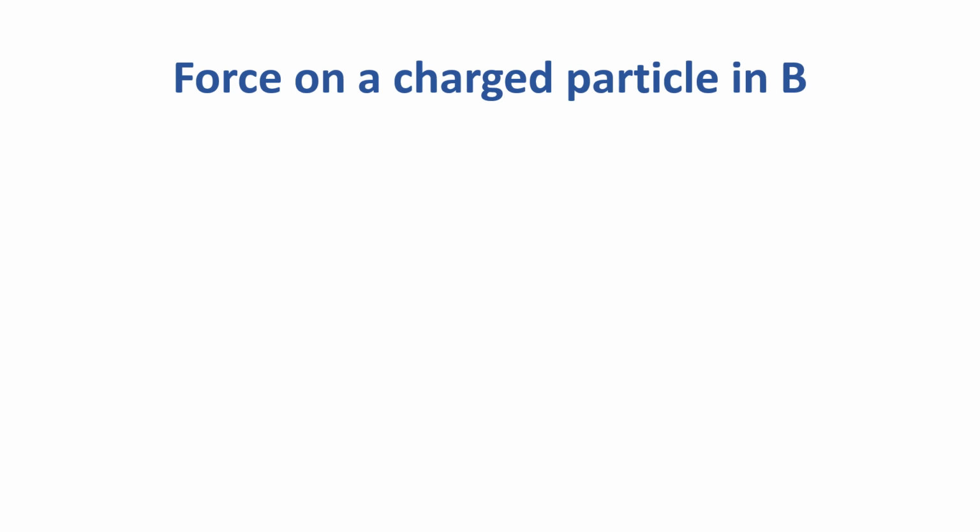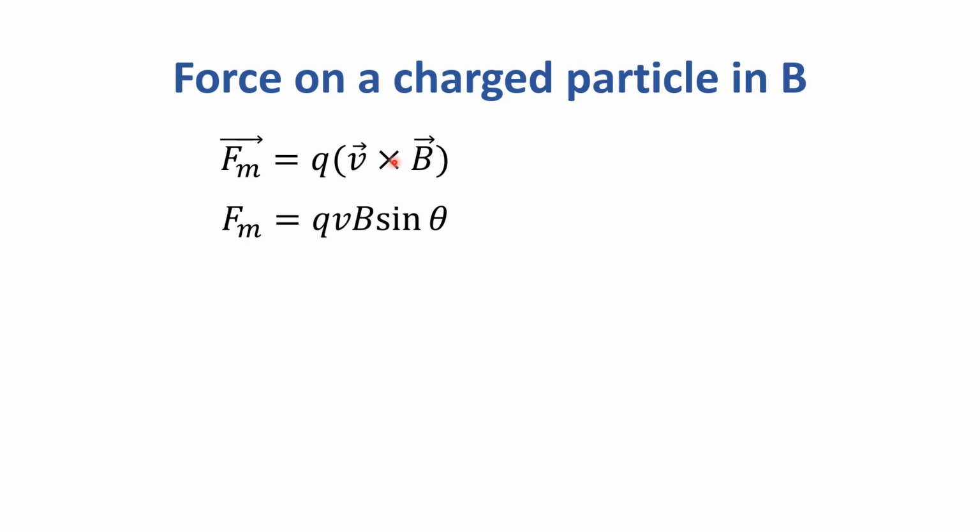So what is a force on a charged particle in magnetic field? इसे हम फिजिक्स में इस एक्सप्रेशन से डिफाइन करते हैं. The force is equal to the product of charge जो कि चार्ज पार्टिकल की चार्ज की वैल्यू है into the cross product of velocity and the magnetic field intensity. So इस क्रॉस प्रोडक्ट को अगर हम ओपन करते हैं so it is written as QVB sin of theta